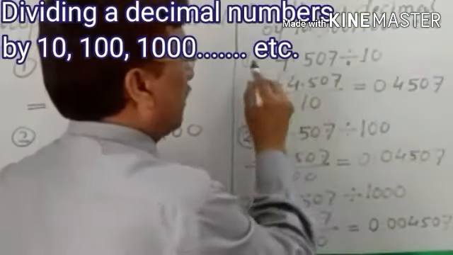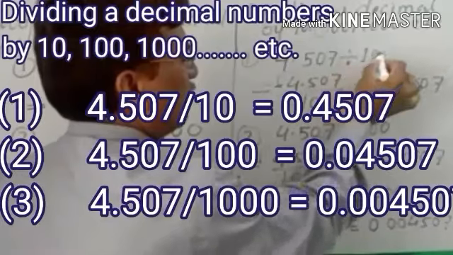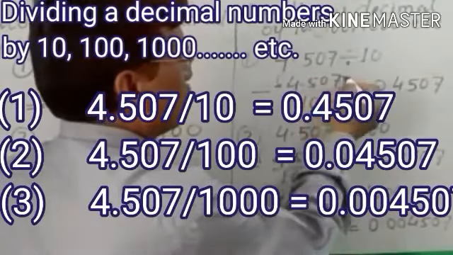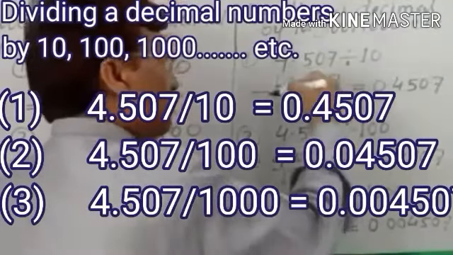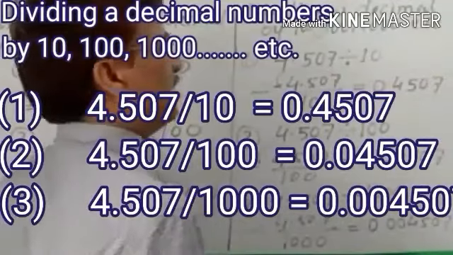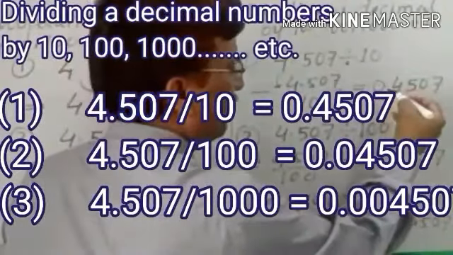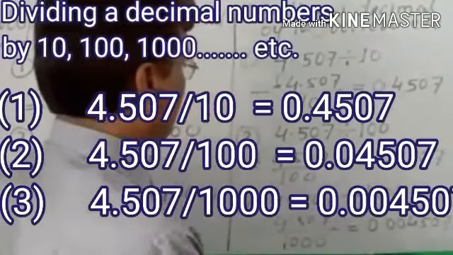We take an example. If we divide 4.507 by 10, 4.507 upon 10, the decimal will shift to the left by 1 place. So it becomes 0.4507. Second,